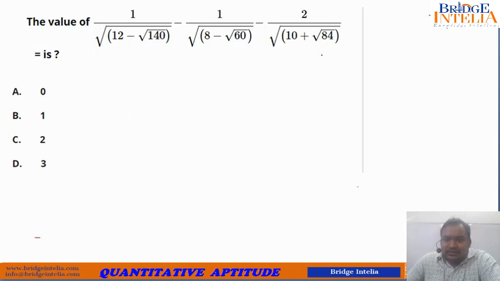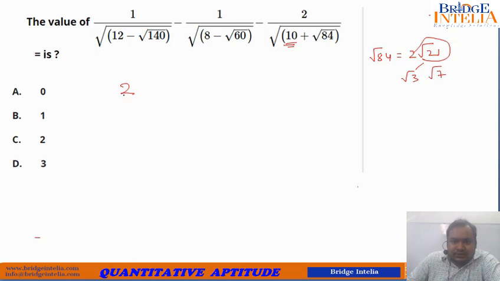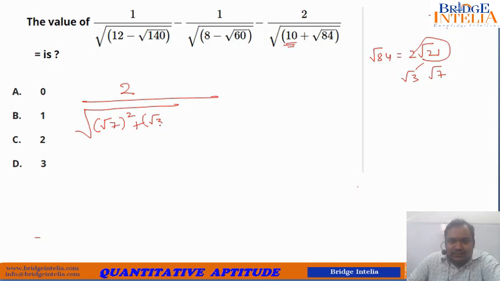So look at 84. 84 is equal to 21 into 4. So root 84 can be written as 2 root 21. So here is a big hint. It is root 3 into root 7. So root 3 into root 7 have been used to form this, and root 3 square plus root 7 square have been used to form this. So 2 divided by the third term can be written carefully as root 7 whole square plus root 3 whole square plus 2 into root 7 into root 3. So this is what the third term actually is.